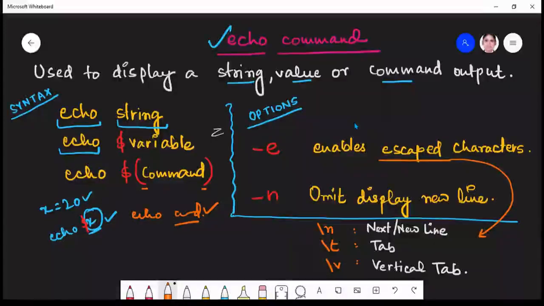Now there are also some options available with this echo command. The first option is -e, which enables escape characters. So what are escape characters? If I use \n, it has the effect of a new line. Similarly, \t is a horizontal tab,